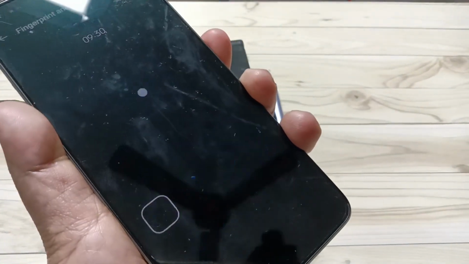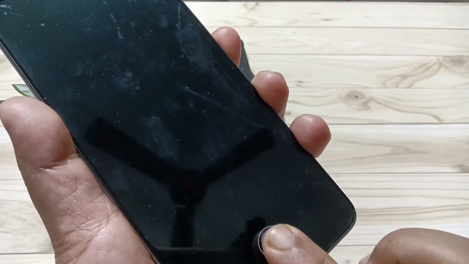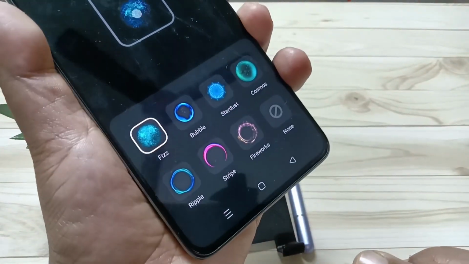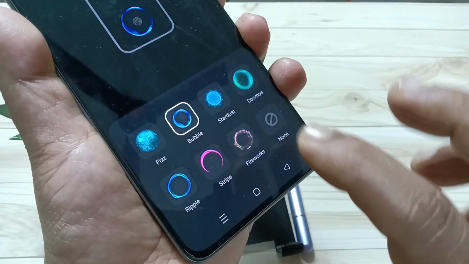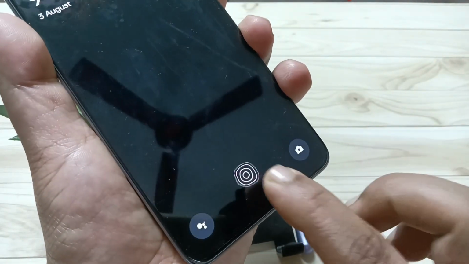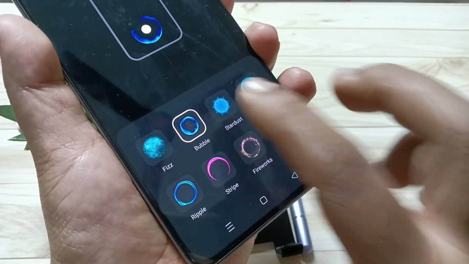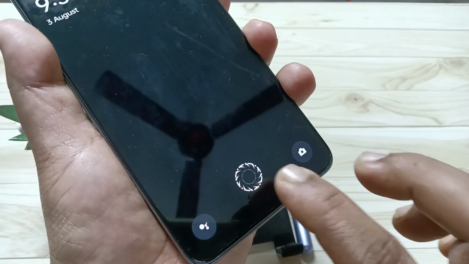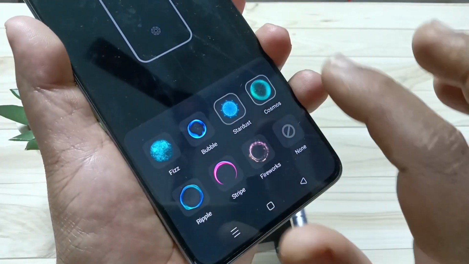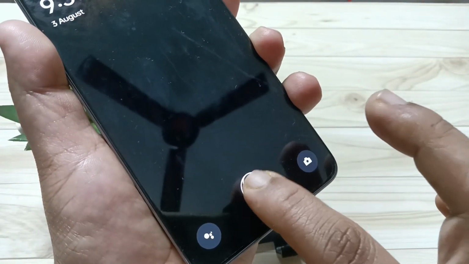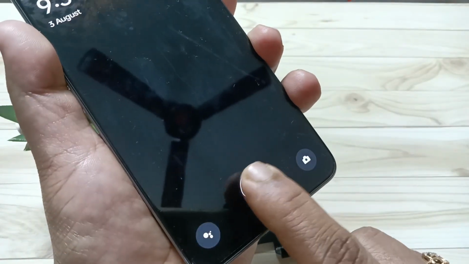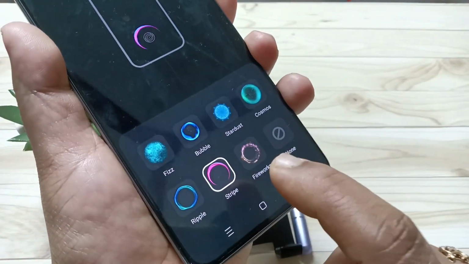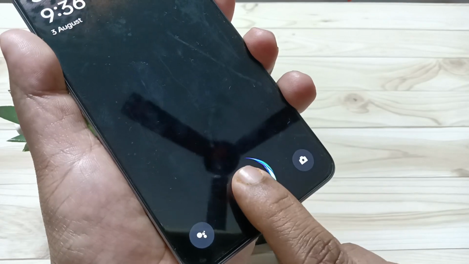Now lock the device. You can see the fingerprint scanner, you can see the animation. The next one, you can see, right? So simply in this way you can change the fingerprint animation in this